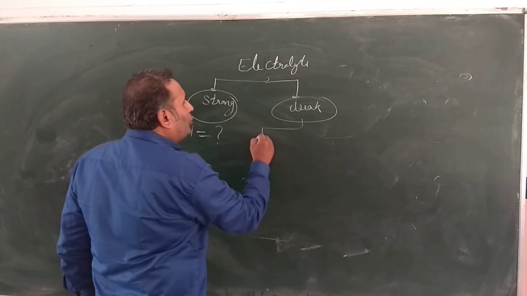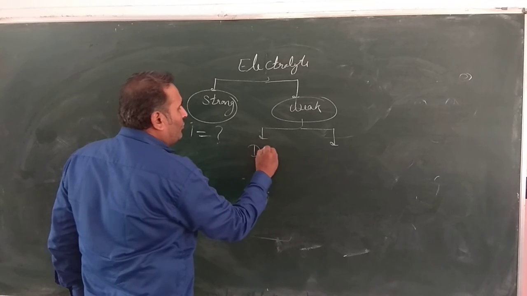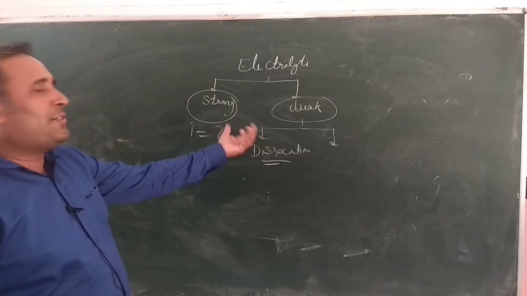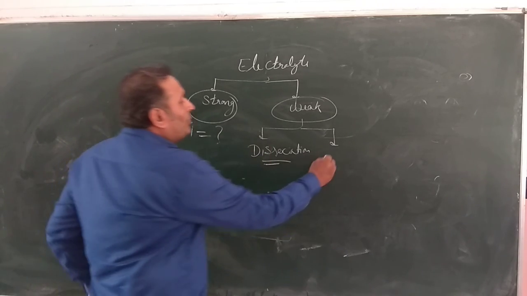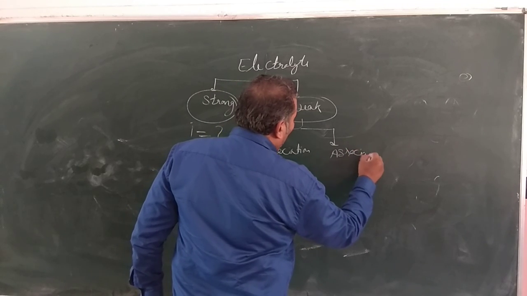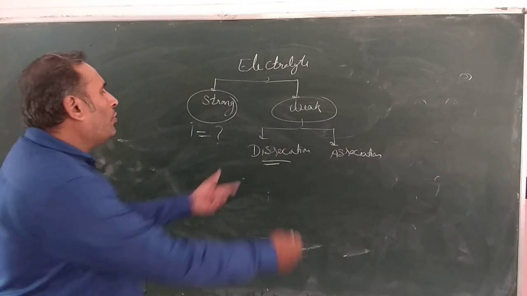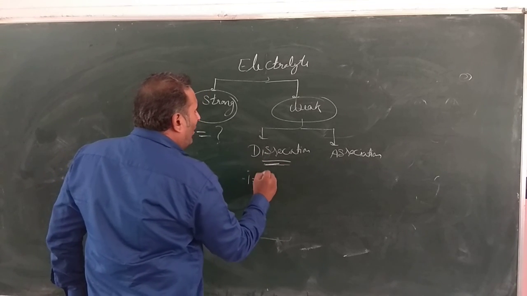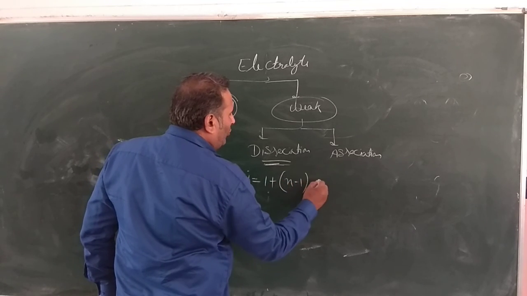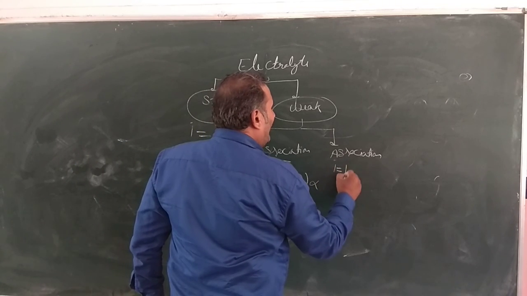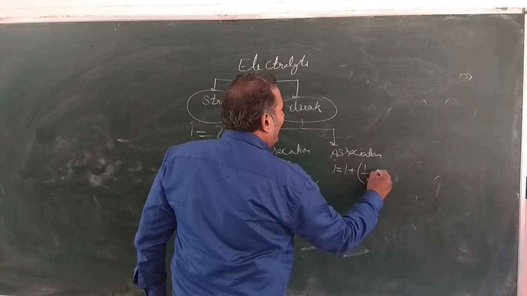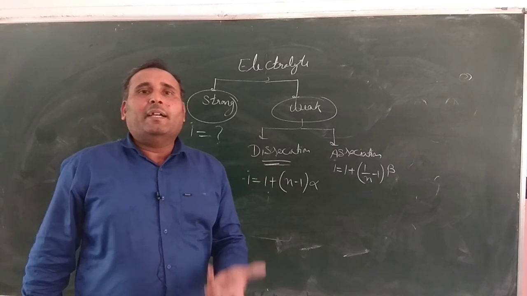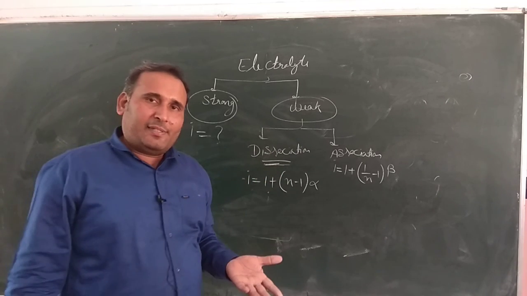एंड वीक इलेक्ट्रोलाइट के लिए क्या है? वीक इलेक्ट्रोलाइट के लिए 2 केस हैं आपके पास। एक केस जो होता है जिसके अंदर वो डिसोसिएशन करता है, ऑब्वियसली क्वेश्चन में गिवन होगा, डिग्री ऑफ डिसोसिएशन वर्ड लिखा हुआ होगा। या जो दूसरा होता है जिसे हम लोग कहते हैं एसोसिएशन होता है, वहां से भी आप समझ जाओगे, डिग्री ऑफ एसोसिएशन कुछ लिखा हुआ मिल जाएगा। सो डिसोसिएशन का अगर केस है तो I इज इक्वल टू 1 प्लस n माइनस 1 इंटू एल्फा। एसोसिएशन के केस में I इज इक्वल टू 1 प्लस 1 बाई n माइनस 1 इंटू बीटा। ये 2 फॉर्मूलाज हम लोग यूज करते हैं वीक इलेक्ट्रोलाइट के, एंड वी कैन सिंपली कैलकुलेट van't Hoff factor इन न्यूमेरिकल सेक्शन। थैंक यू।